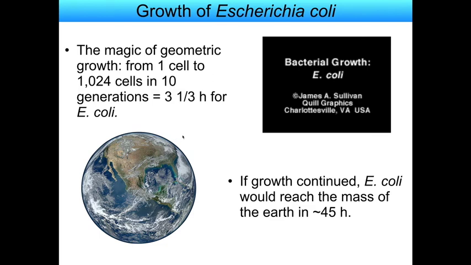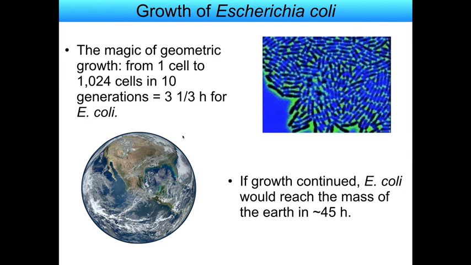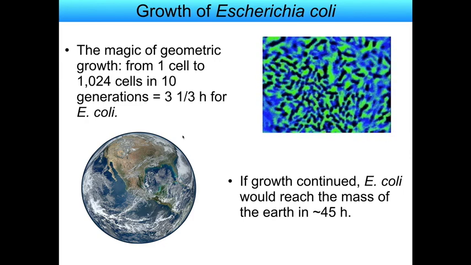So bacteria grow by binary division. So one cell becomes 2, 4, 8, 16, 32, 64, 128, 256, 512, 1024 in just 10 generations. So if you count it on your fingers, you know that that was just 10 generations. So it goes from one cell to roughly 3 orders of magnitude higher in 10 generations. That means that in 10 generations, one cell becomes 1,000, 20 generations 1,000,000, 30 generations 1,000,000,000, 40 generations 1,000,000,000,000, and